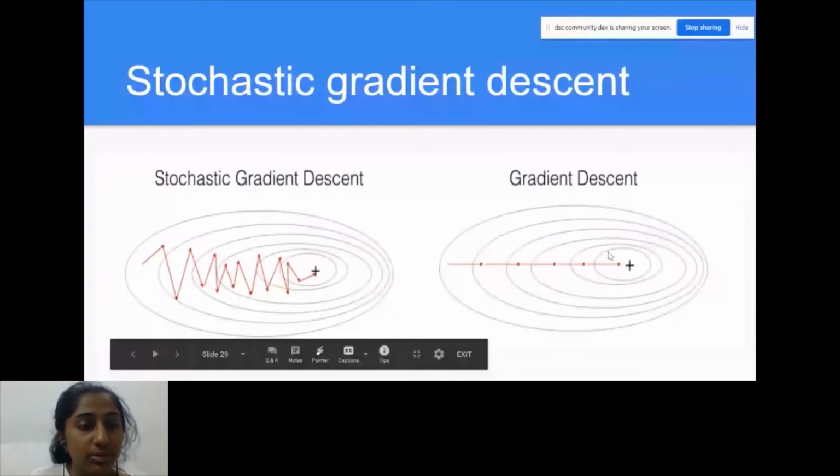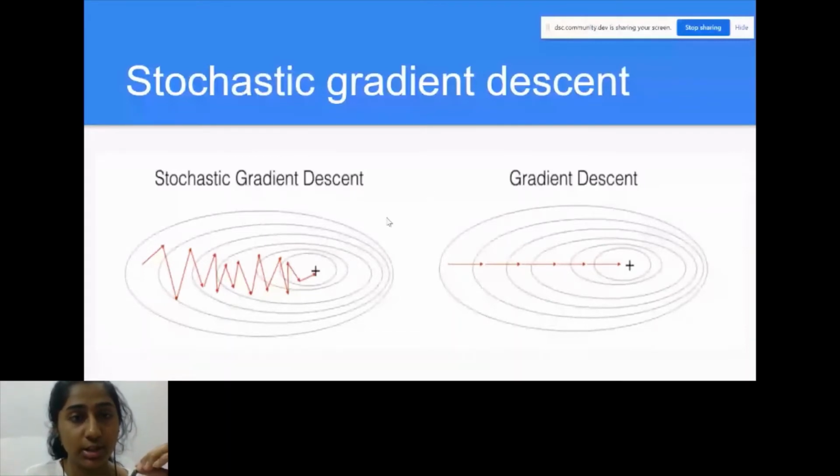So you have to find a solution in which it's going to take the average. It's not going to go at random, but at the same time, it shouldn't take every single point into consideration, right? So you need to find something that takes the pros from both and removes the cons. And then the concept of mini batch gradient descent was introduced.